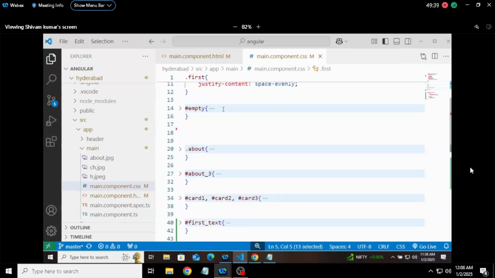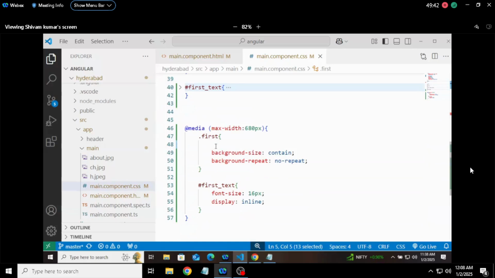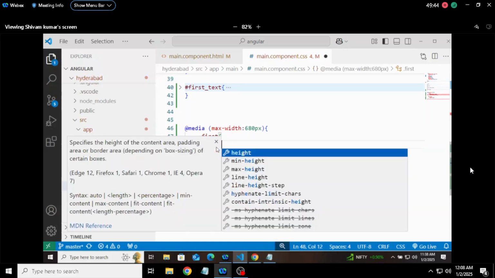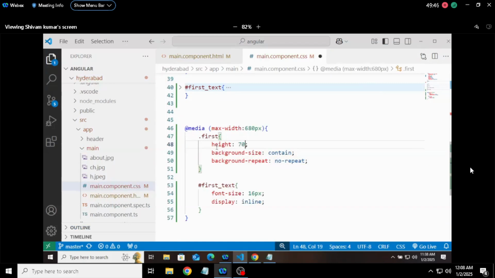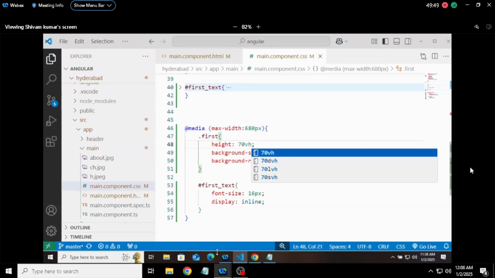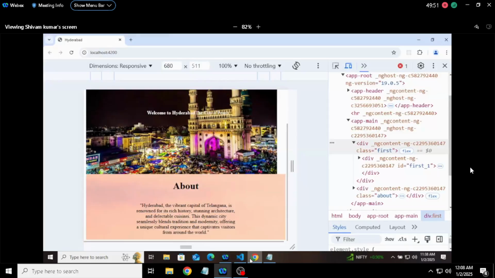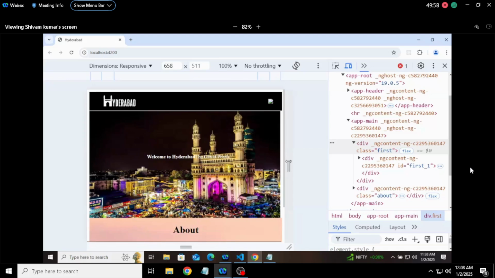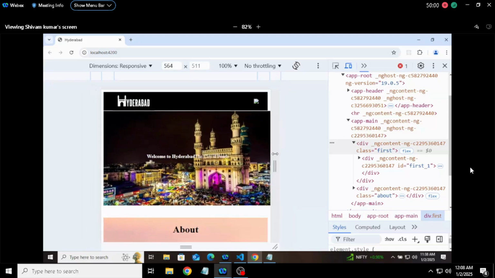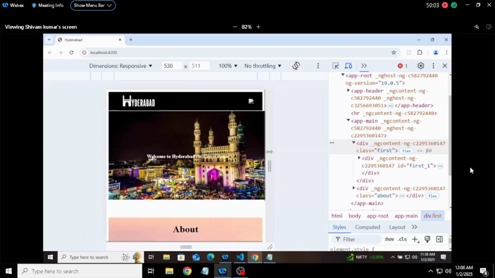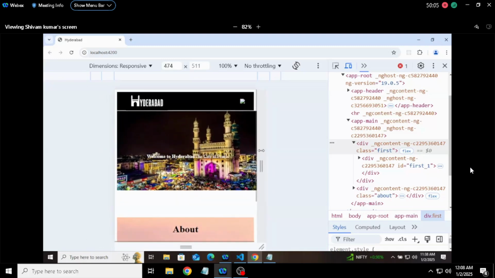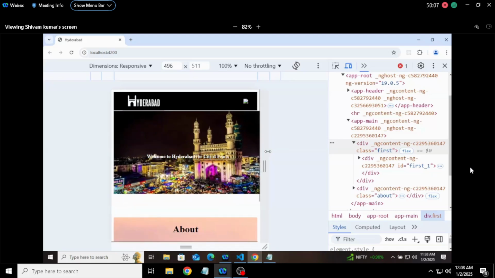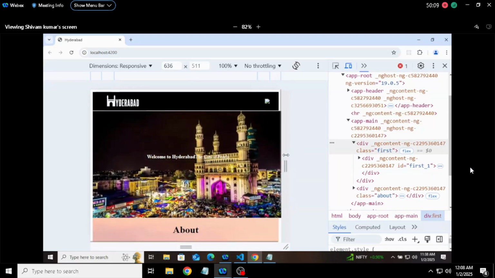Height. So decrease the height here. Done. For mobile, we have decreased the height of the first section, and this is how our content is looking now. But when it goes even smaller, we have to decrease the height more. Now again, where is it leaving space? Till 636 it is fine,